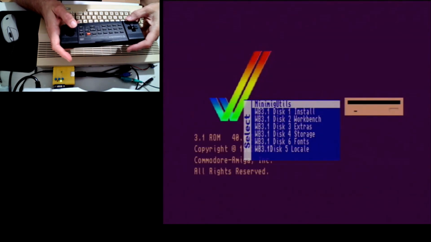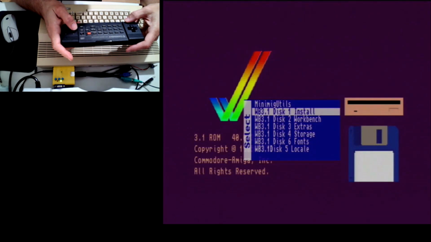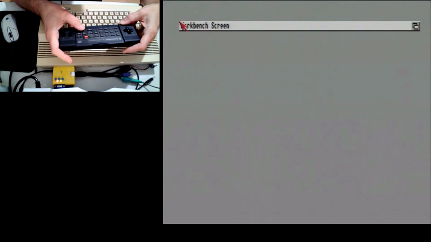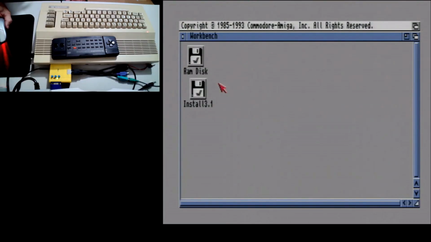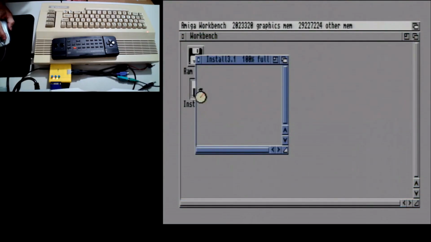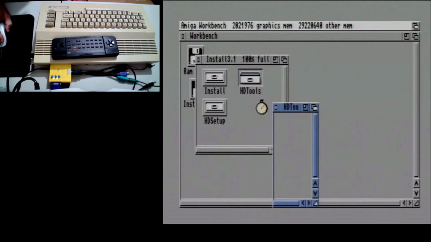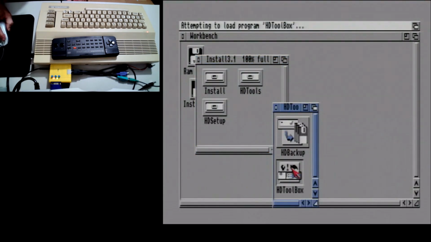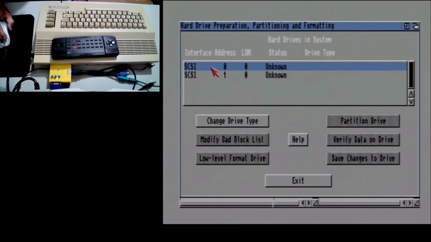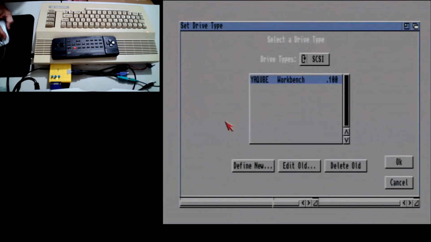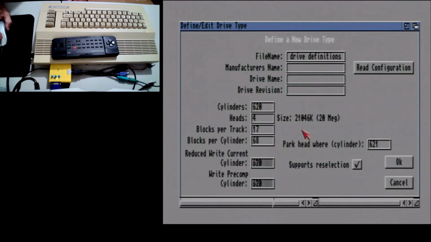Now let's load a disk. Let's put disk 1 install. So that'll boot us to Workbench. Okay, we want to run HD Toolbox, so let's double click Install 3.1, HD Tools, HD Toolbox. And this is a goofy program, but just follow along. Okay, we want to make sure that first line is highlighted. Change drive type, define new,